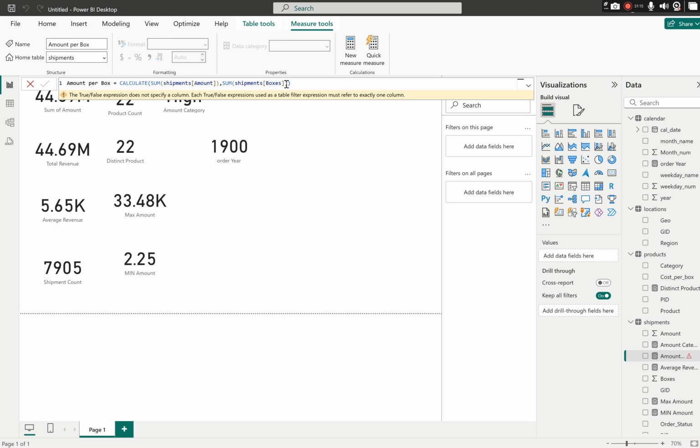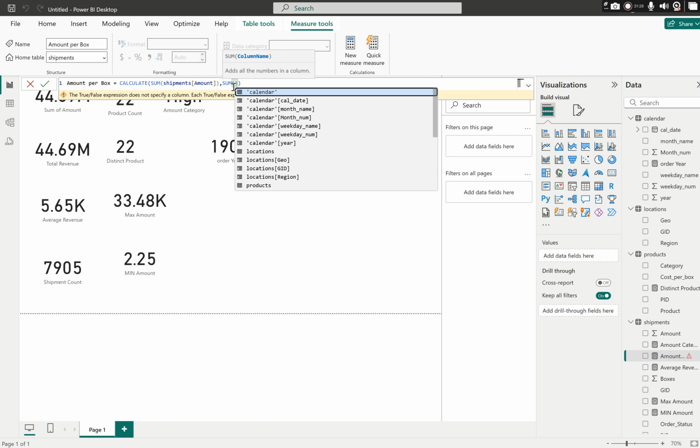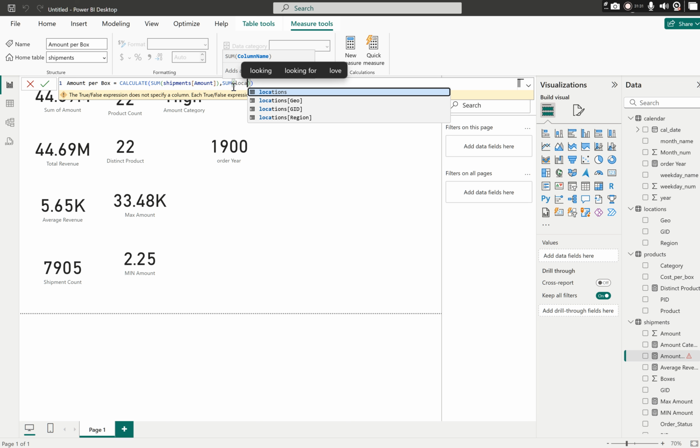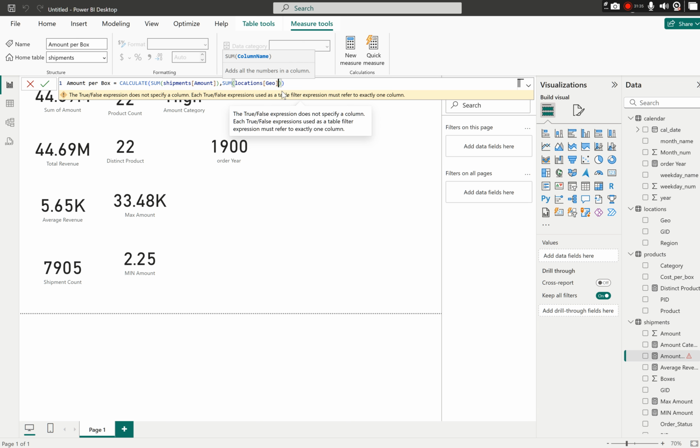Okay. Sum of shipment boxes, or I can say sum of, we have geo, so location geo, this is what it's asking for, is equals to